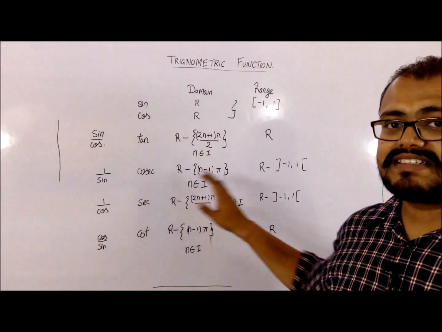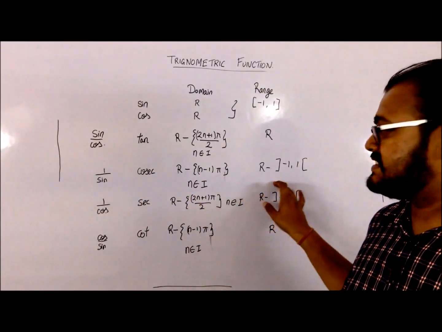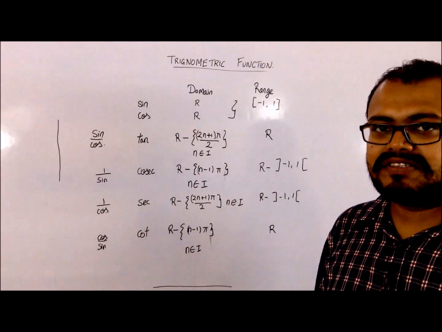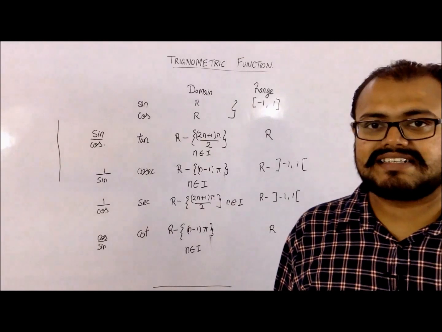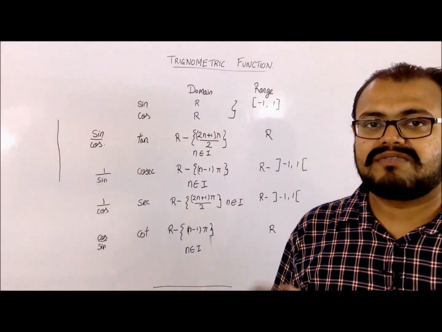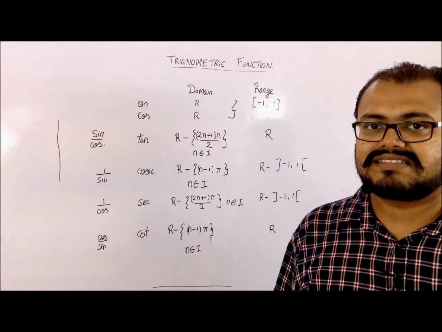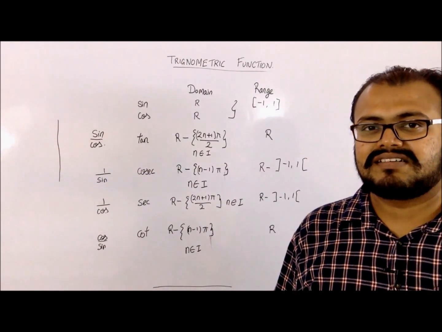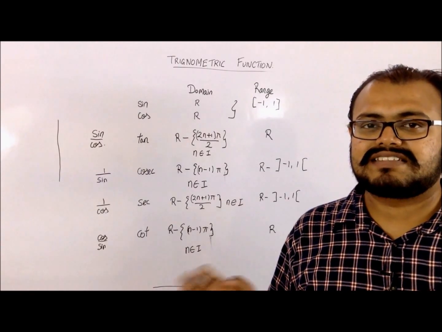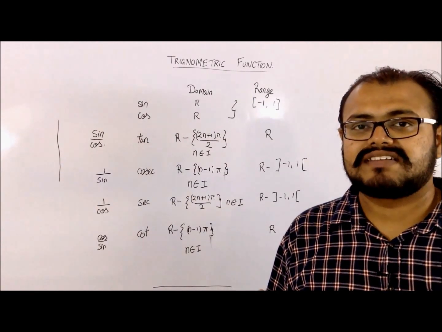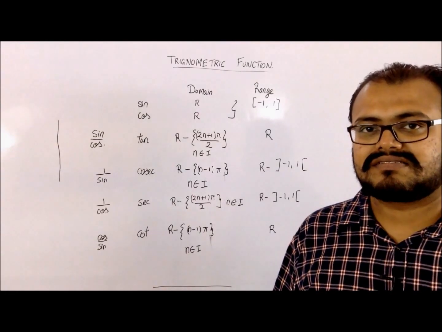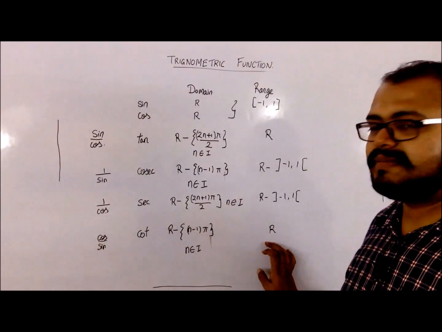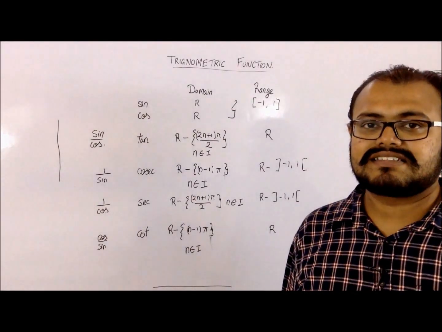Cosec theta will have the range as the whole set of real values except the values which are between -1 and 1. The reason for this is that my sine theta is between 1 and -1. So it is a fractional value which I get from my sine. Since it is a fractional value less than 1, I will always get a value greater than 1 from it. Same goes for sec, and again cot will have the whole set of real values as its range.